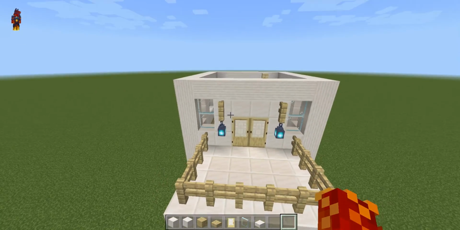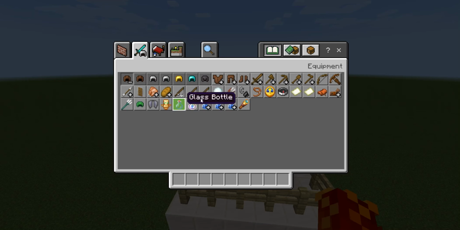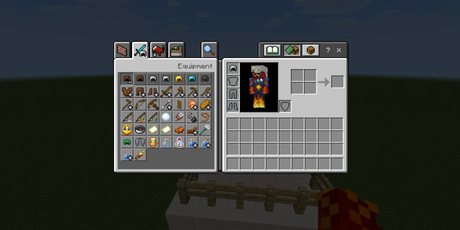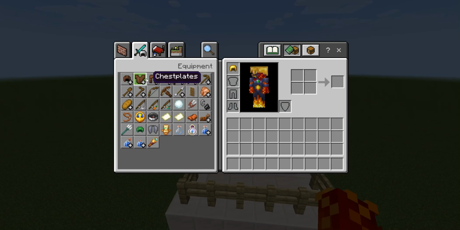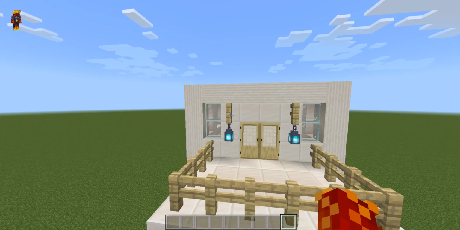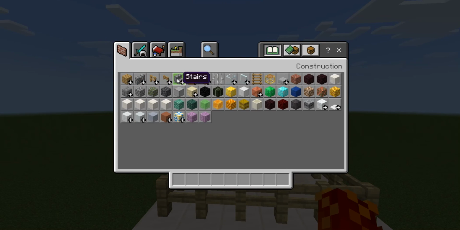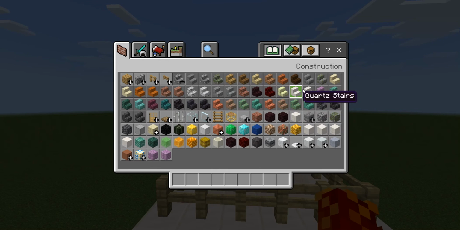So now let's work on the roof. You can get rid of all of these. And let's do what people do in build battle. Safety helmet. Actually, let's get our hard hat. Okay, we have our hard hat. Done. Now let's build our roof. Our roof is our hard hat. This roof is our